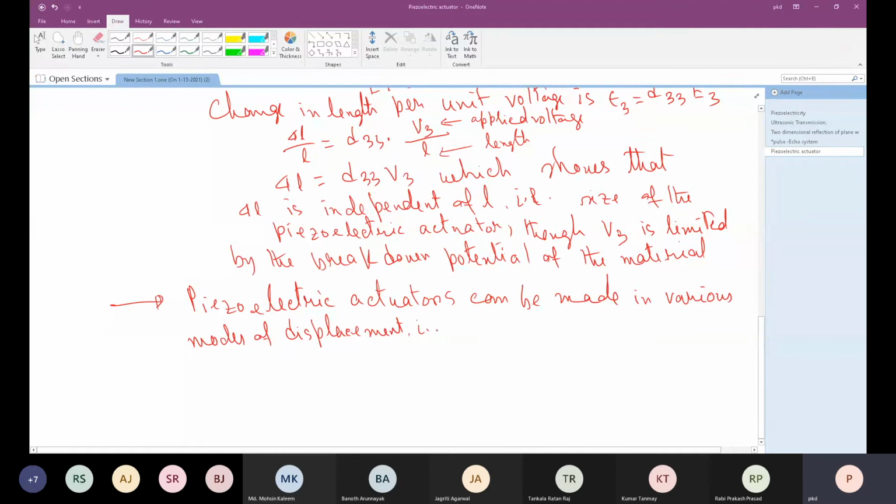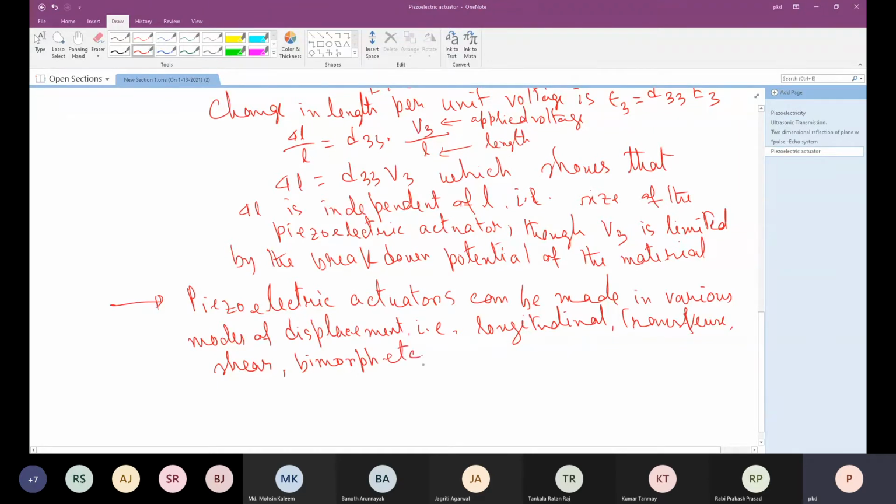That is longitudinal, transverse. It can also be made shear mode. Or bimorph. That means two